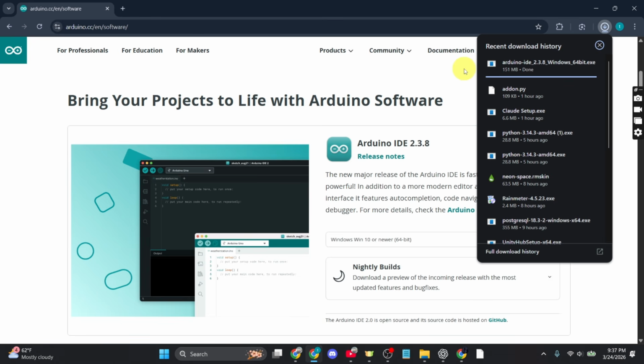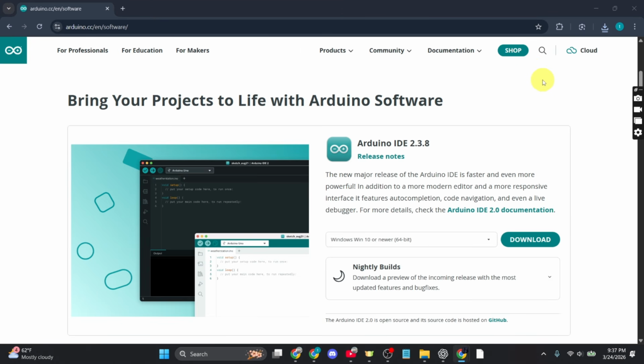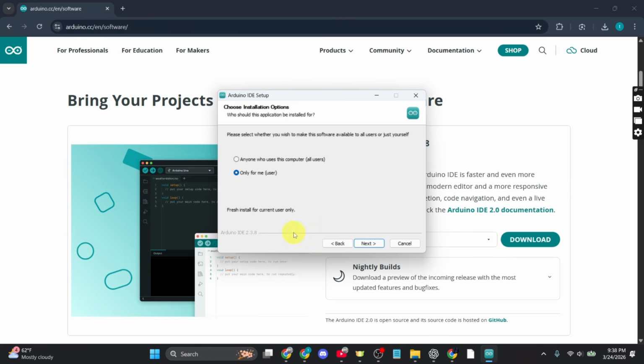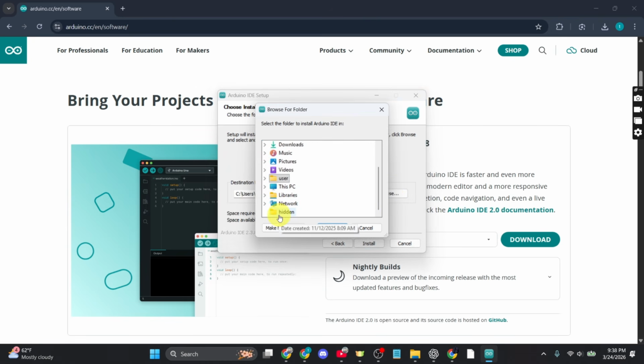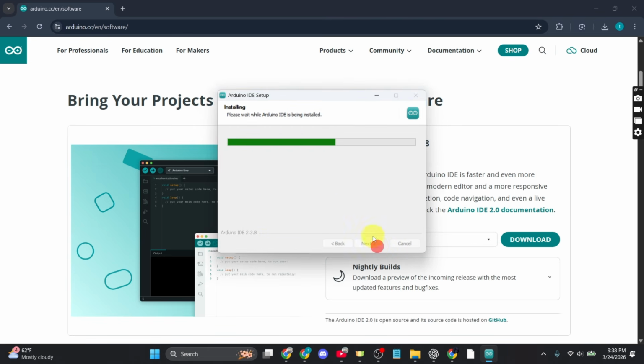Just wait for it to finish. And now that it's done, I'll just click on it to open the setup wizard for Arduino. Once the download is complete, just click on I agree for license agreement. After that, you'll be able to choose whether you wish to make this software available to all users or just yourself. You can just go with only for me and just click on next, and you can choose your destination folder. I'm just gonna go with a folder, and after choosing your destination folder, just click on install and just